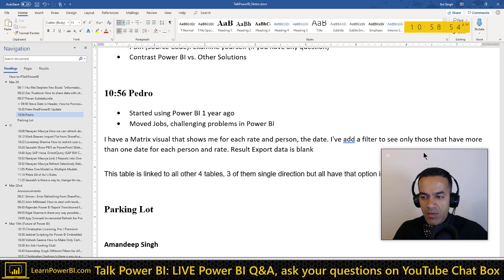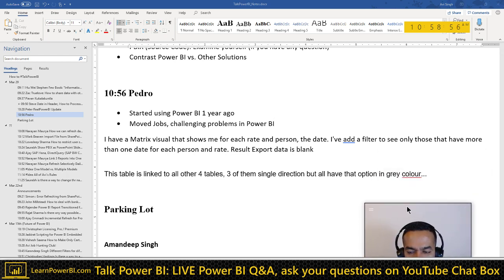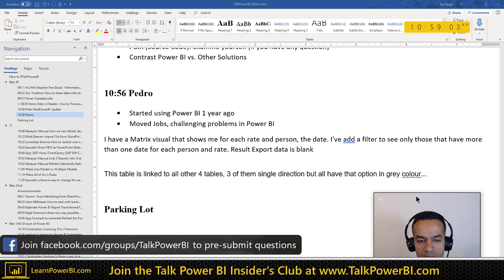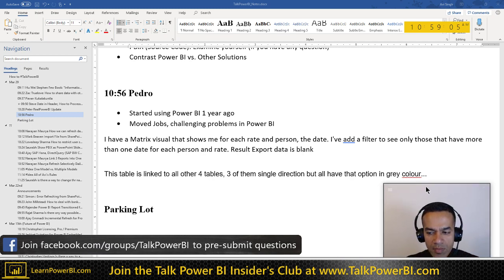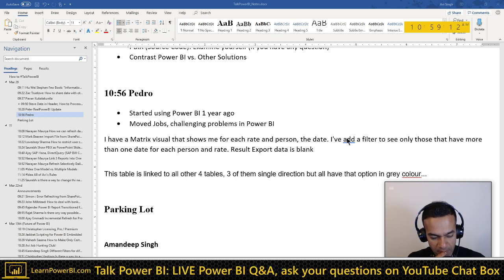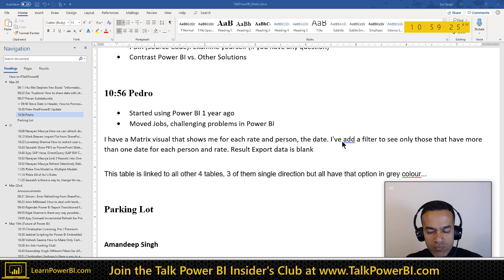I have a filter, the one that I told you, that shows me how many times this guy for this rate has more than one, because if he changed rates, I want to know. Normally you don't change rates, but if someone changed rates, I have to know. So I have this filter. I know it's because of this filter. If I take out the filter, for example, it works fine.